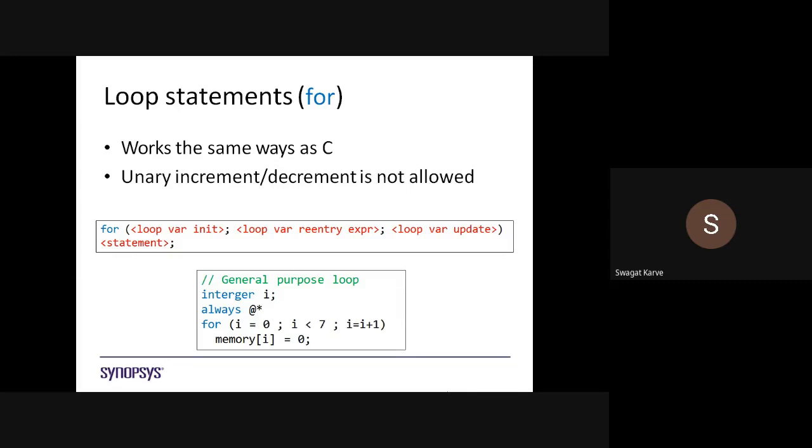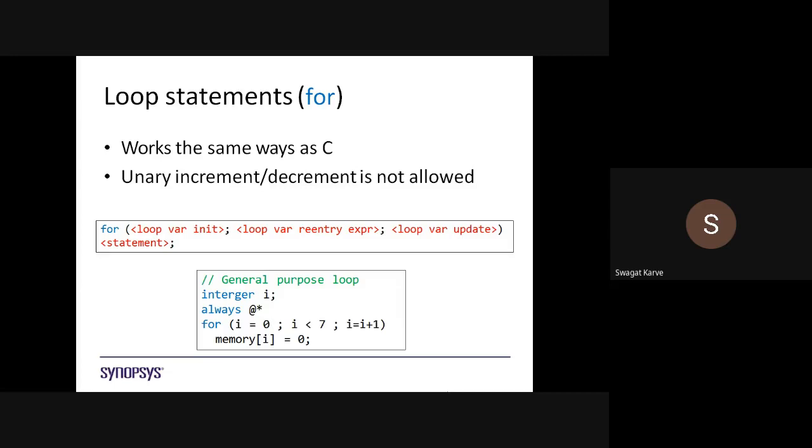Always @(*) is defined, so that is the always condition. Then for i = 0, we have initialized the variable i. First it is 0, then i should be less than 7, that is the condition we have given. This loop will execute as long as i is less than 7, and then i = i + 1, meaning every time i will be incremented by 1.